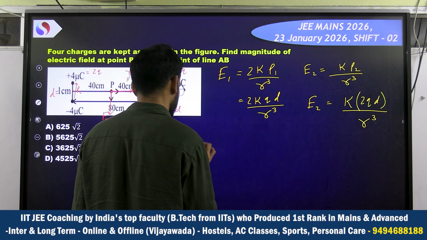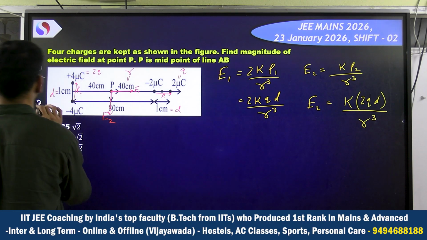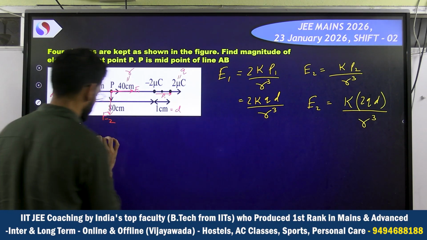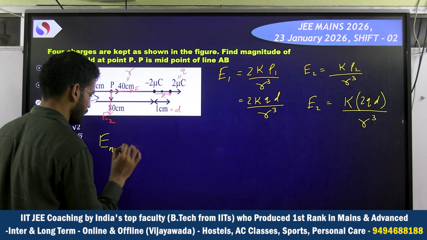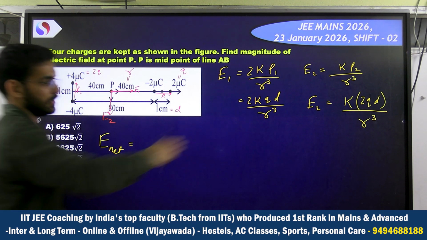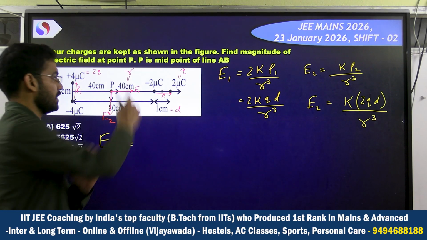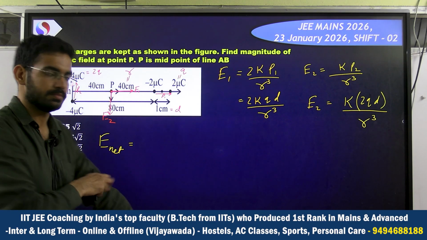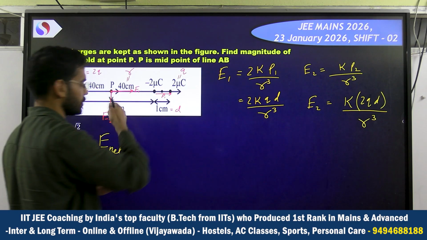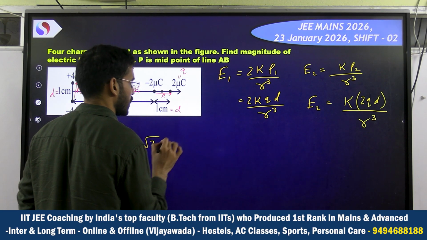So when you solve for the net electric field, E net, both E1 and E2 are perpendicular, right? And both are the same in magnitude as we can see here. So the resultant will be under root of E square plus E square, which is root 2 E, right? So this answer is root 2 times